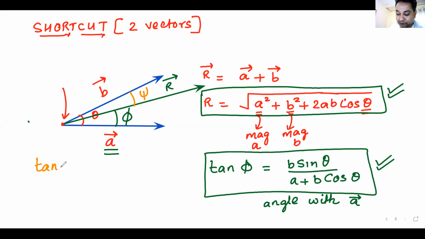how will I get the value of tan of xi? Which is the angle it makes with the vector B? Would you be able to tell me what angle it makes with the vector B? That is your homework. I hope you get the answer for this one. We don't require it, but this is just for your general knowledge so that you can think how I can get this vector, how can I get that vector. Think about it and let me know the answer.